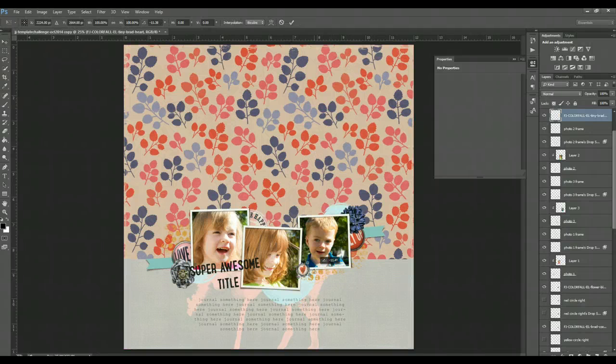Just going to tuck that between those two photos right there. Okay. Now,